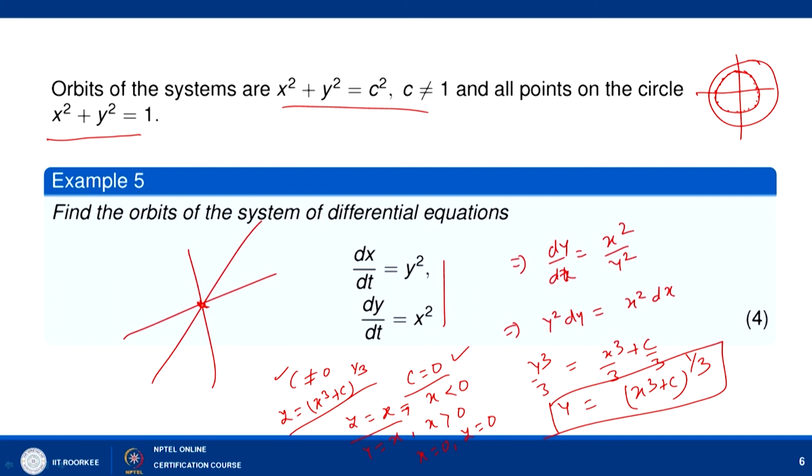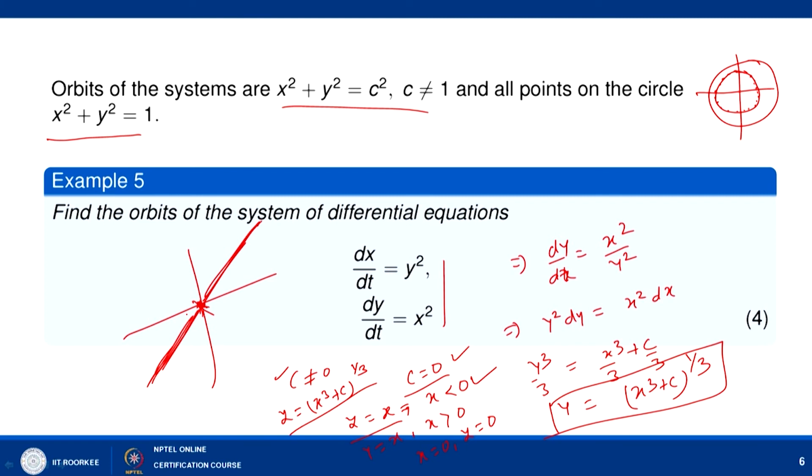So, if it is an equilibrium solution, this will not trace any other point other than 0. So, here 0 is contained on this orbit. So, this orbit is not a single orbit, rather it is a union of different orbits. Basically, the union is y equal to x when x is less than 0, this line, and y equal to x when x is positive, this line, and the origin point itself.